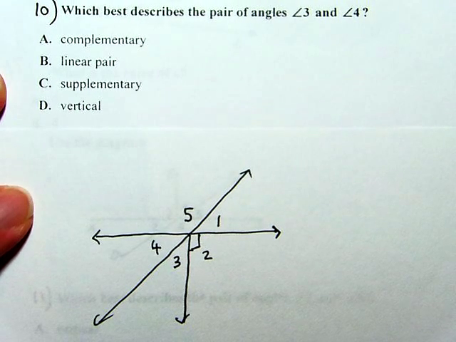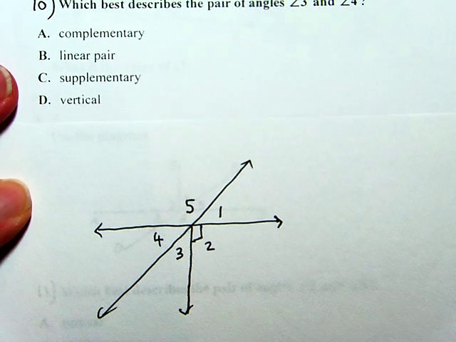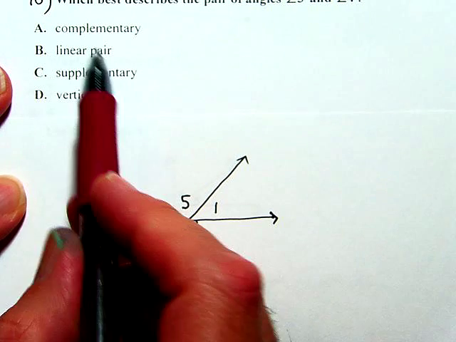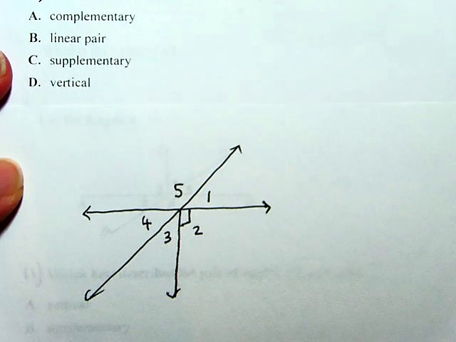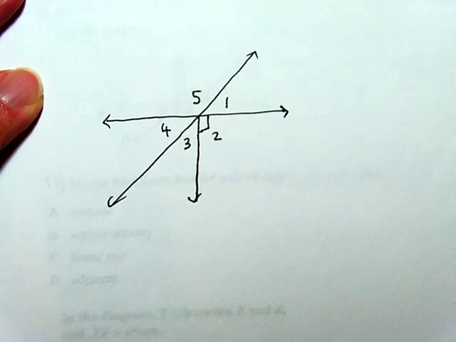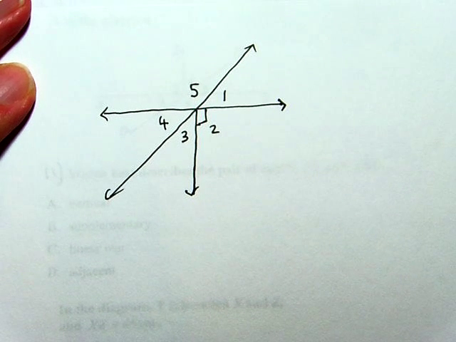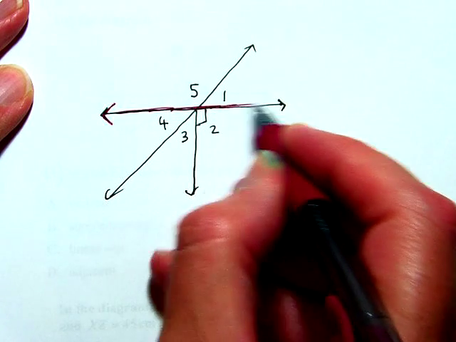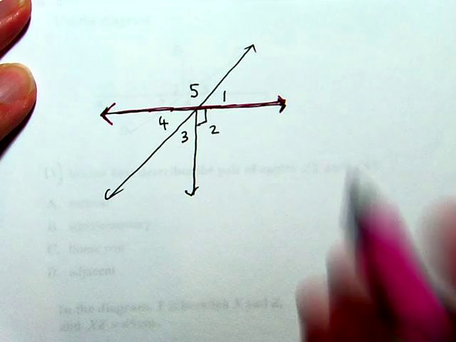Complementary angles are angles which add up to 90 degrees. Remember, supplementary adds up to 180, complementary adds up to 90. So let's take a look. Are there two angles in this drawing that add up to 90 degrees? Well, it's pretty clear that if I draw this line in red, and then I draw this line in pink,